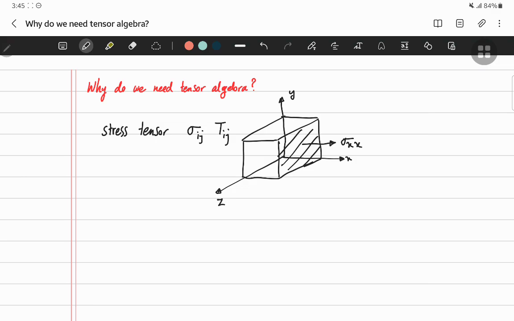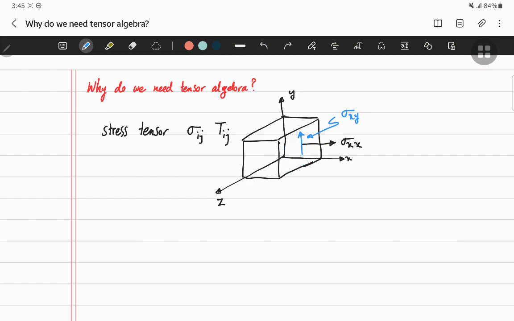Or for example, if you have this one, sigma xy, the first index denotes the normal of the plane that it acts on, so it is this plane here, and the second subscript or index is the direction of the stress. That's why we say that tensors are different from